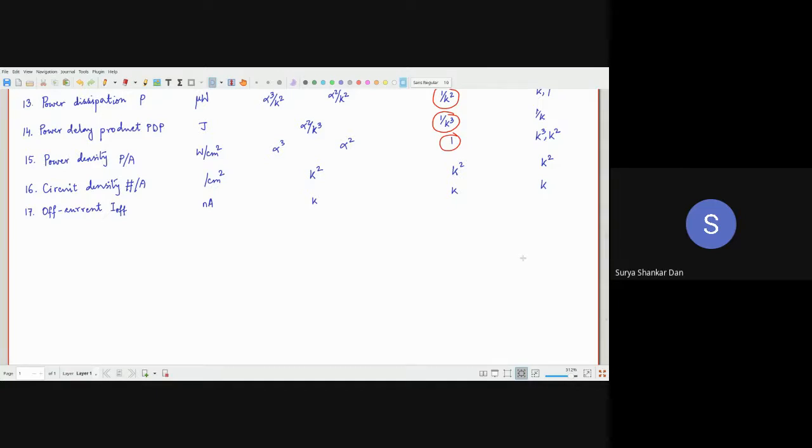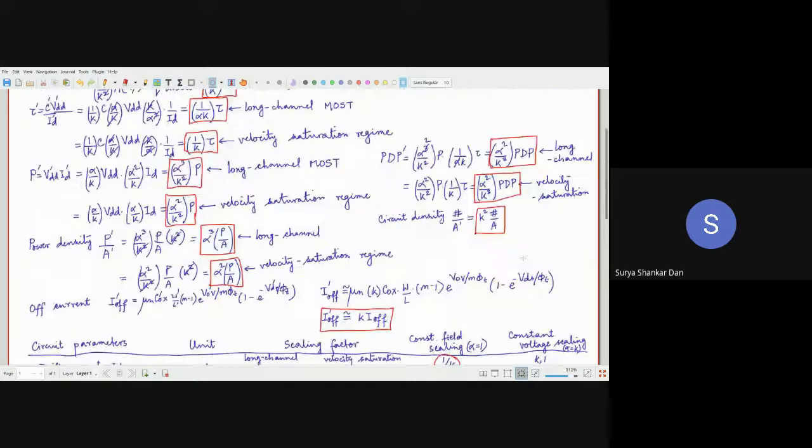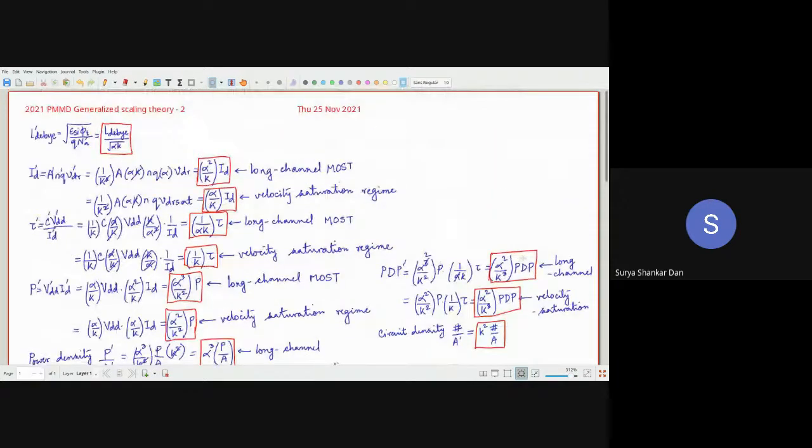We will do it in the next few classes. Don't worry. By the time this semester is over, you will all become experts. That is the knowledge base I require for advanced VLSI design. Those of your friends who are in embedded or some other courses will simply be blank when they come to the next course, because over there I will not be explaining these scaling theories anymore.